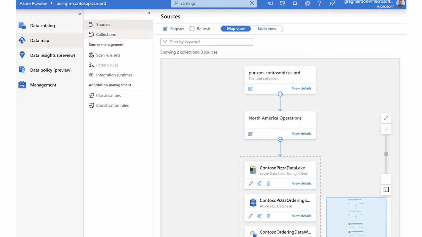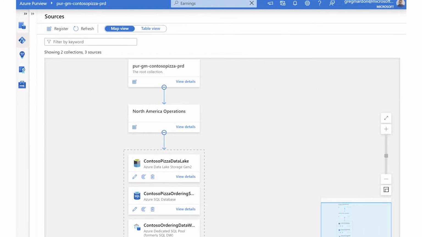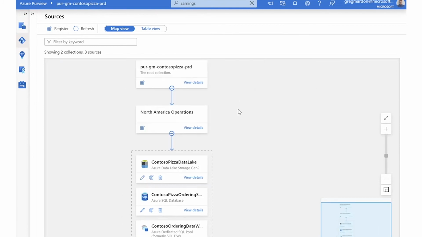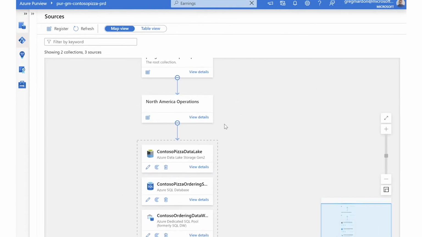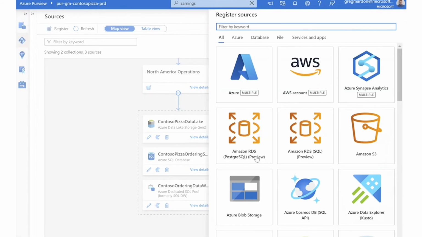If we jump into the data map, this is where, when you first run into Purview, there's nothing in it. This is the first thing you do. You have a root collection. You can create another collection underneath it, and then you can register sources. So if we were to register a new source, these are where, Corey, you can see all